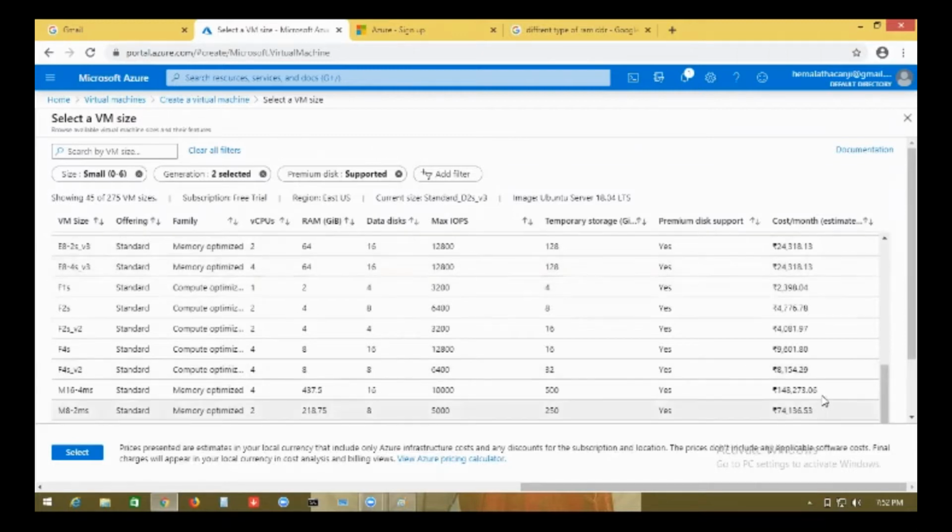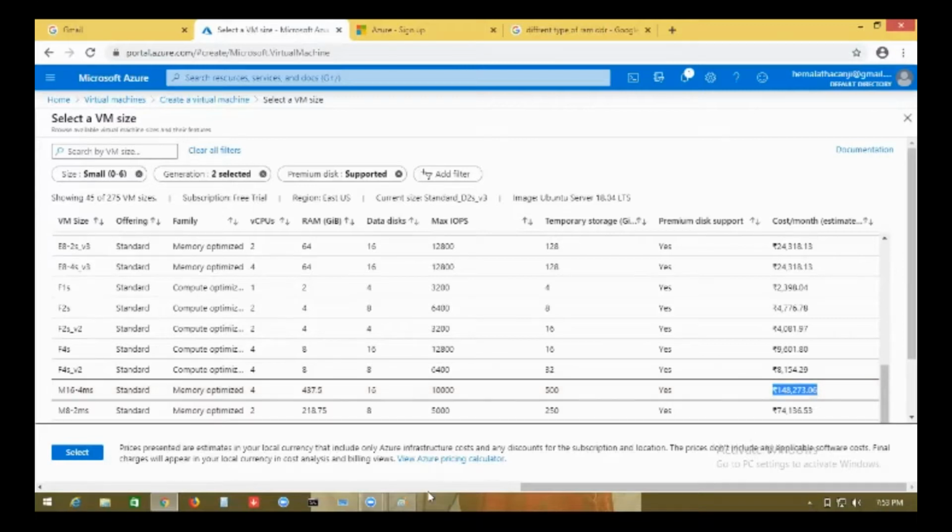Let's say for example, by mistake, if you select this machine, what will happen? A 1,48,000 bill will come every month. And if you create 10 virtual machines, 10 lakh will come. Yearly it will go into 1 crore 20 lakhs, right? Then you say, yeah, I created a virtual machine, I learned from institutes, I create. No, you can't do that. You have to tell that.